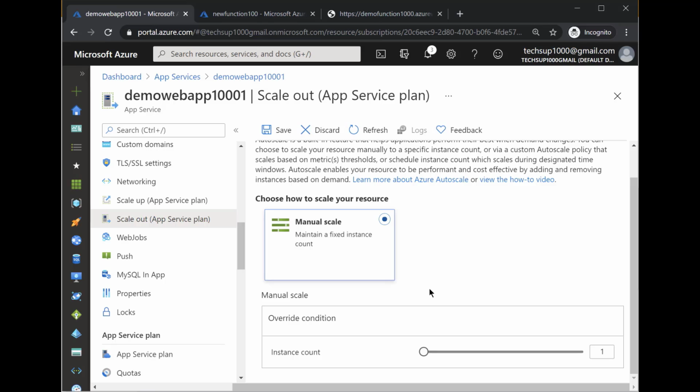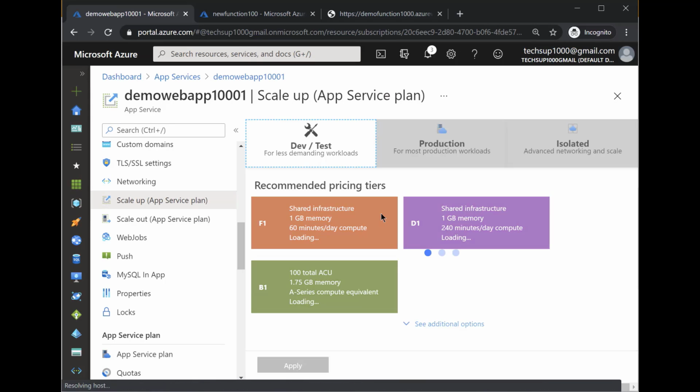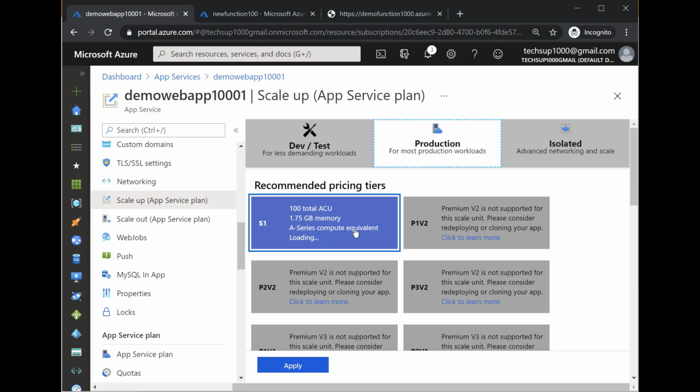But if I want to enable auto scaling, I have to ensure that I'm using the standard app service plan or higher. So firstly, let me go on to scale up for the app service plan. Over here, I can scale up my app service plan. I'll go on to the production section, and over here, I'll choose S1, that is the